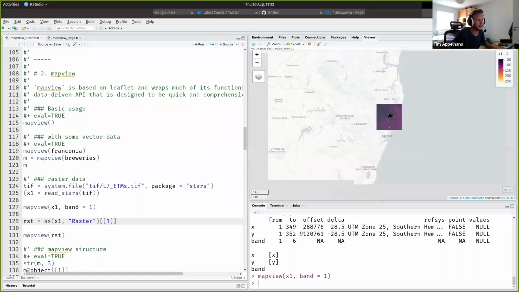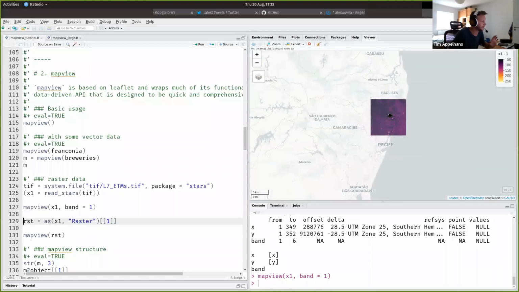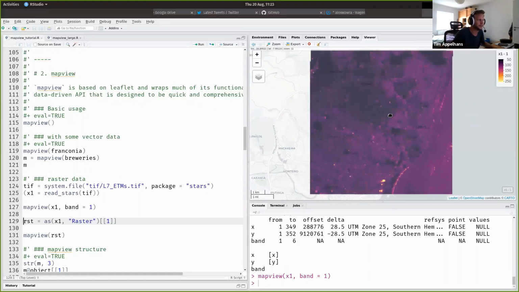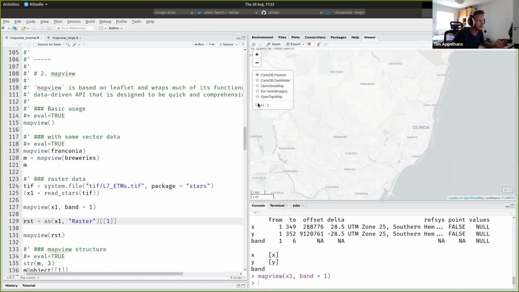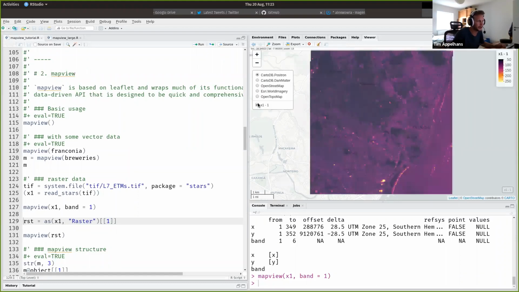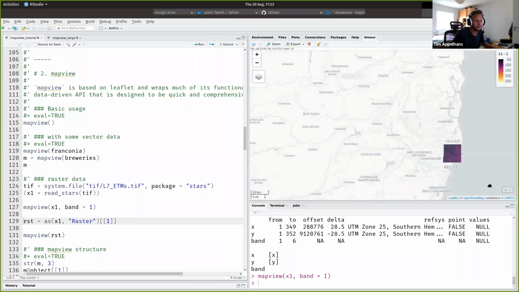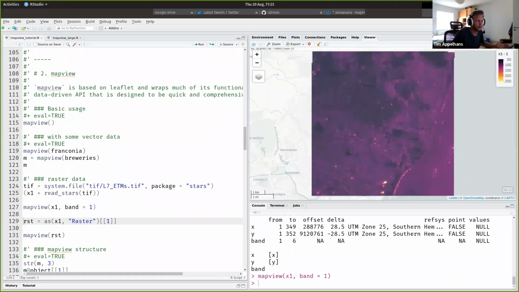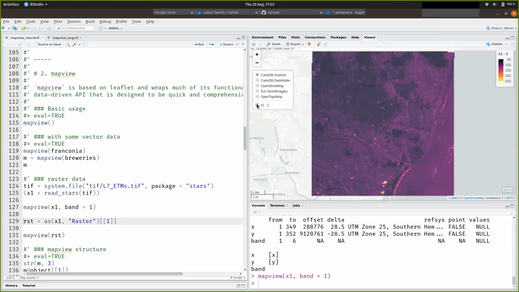And that basically just renders band 1 of your stars data, and it's the same as with the vector data. You can switch on and off. You can zoom to it by just clicking on that button down here. You get the legend. If you switch it on and off, the legend will disappear, so it's always tied to